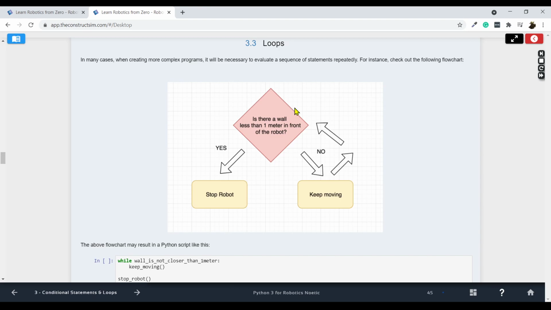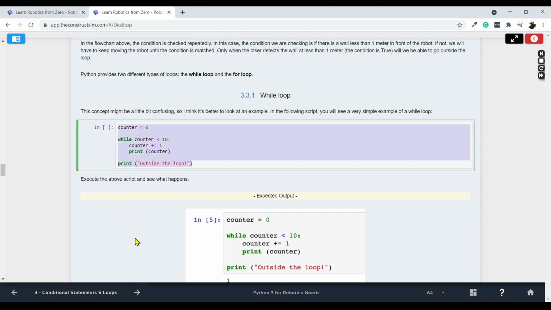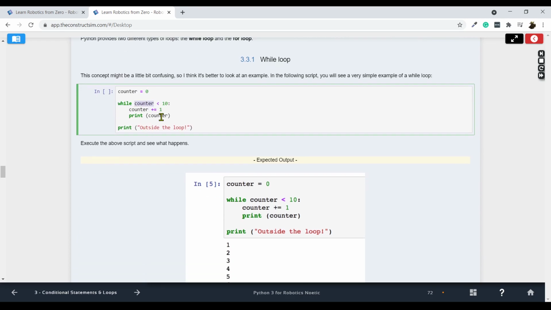All right? Then this can be achieved with loops. Basically we have two loops. One is the while loop and the other is the for loop. Okay? So let's start with the while loop. The while loop is going to work like this, okay? So we can start with a variable counter which is 0, okay? Then while this variable is lower than 10, while this condition is met, this is going to be executed repeatedly,